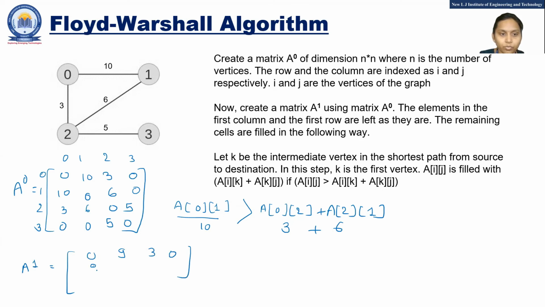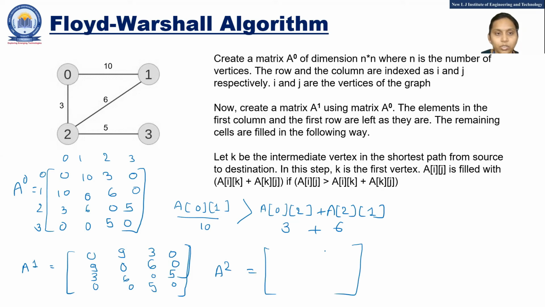So what you can get is, is there any smaller path to reach 1 to 2? No. 6 is the final path. Okay. So only one change you require, and that is the change at position 0 to 1. Do you require to check for A2? A2 means you are now considering 2 as an intermediate node. Is this fine? If you want to go 0 to 2 and 2 to 3, but no path is available.